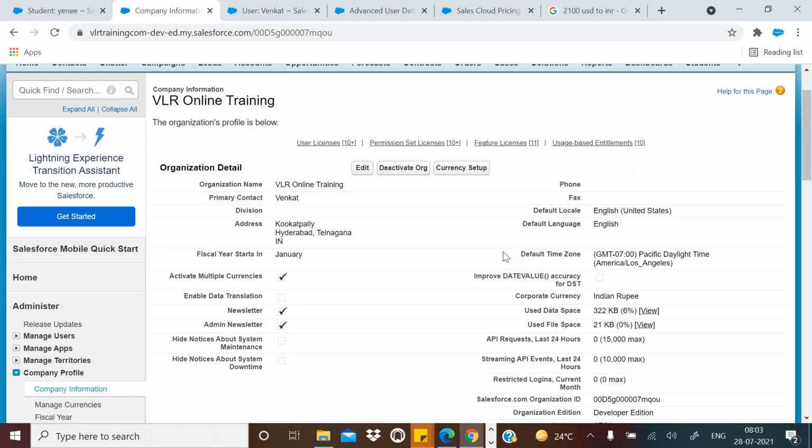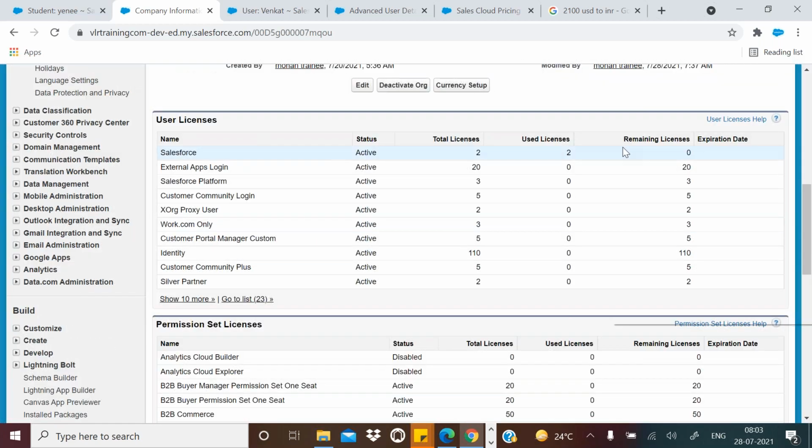You are going to see so many things like 14 days free trial is there, and if you want to continue after the 15th day, you need to convert this free org into a paid org by paying some amount of money. You are paying some money, right? Same way. Okay, now if you want to use more licenses and you need to pay an amount of money, then they will convert this developer org into a paid org.